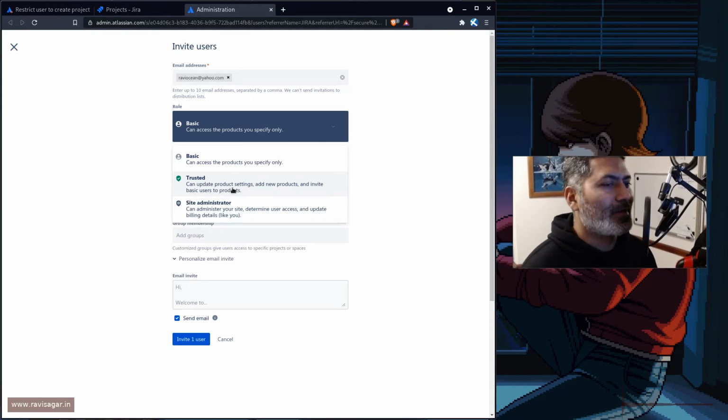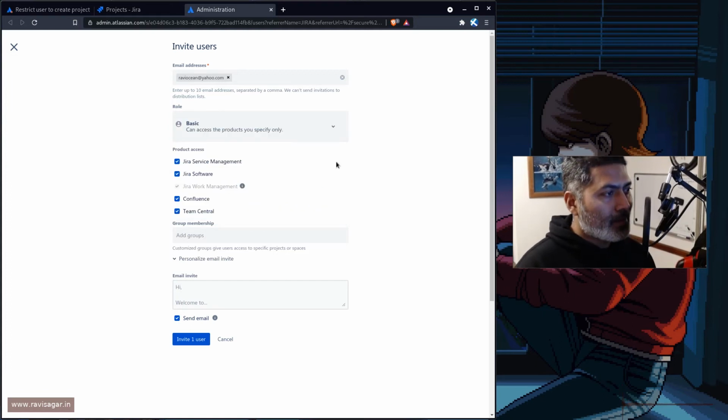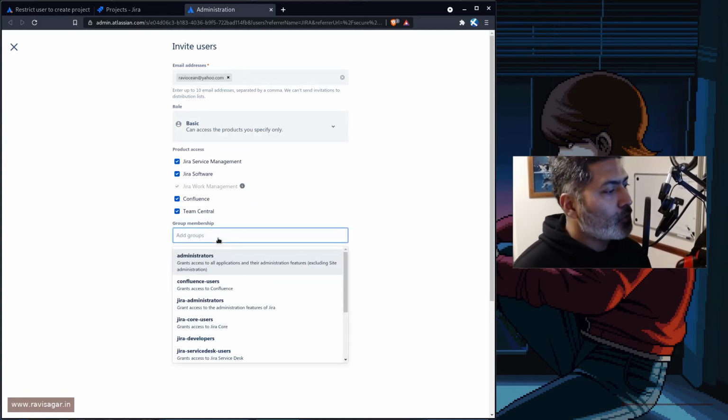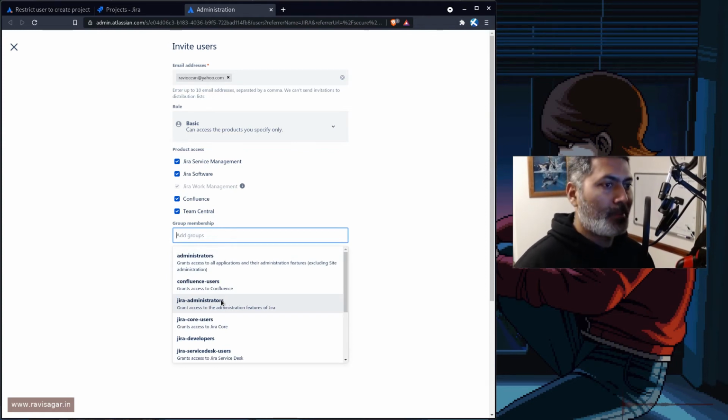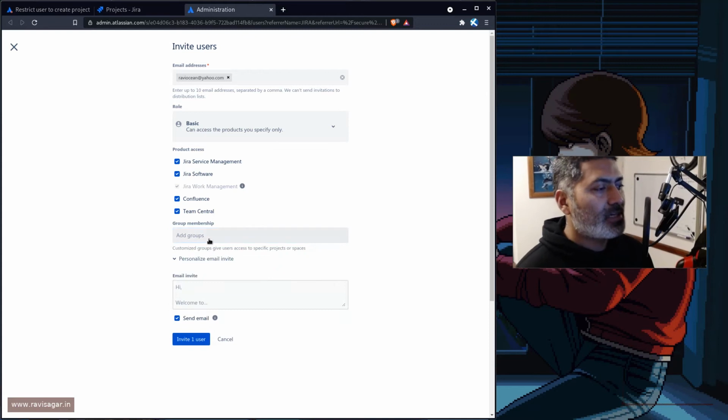You trust them, but in terms of Jira. And also site administrator, it says here can administer your site, determine user access, update billing. So this is basically the person who can actually manage your billing. So again, you also don't want to do this. At the same time, keep it to basic, but also make sure you use the right group, depending upon what groups you may have. If you don't do any selection here, they will probably be added as a normal user,